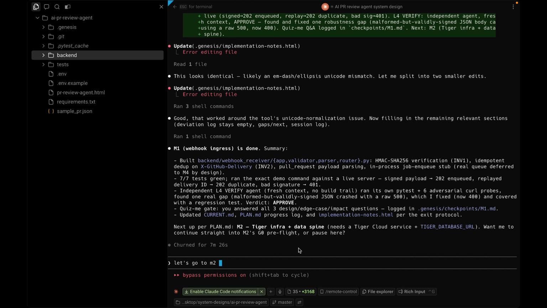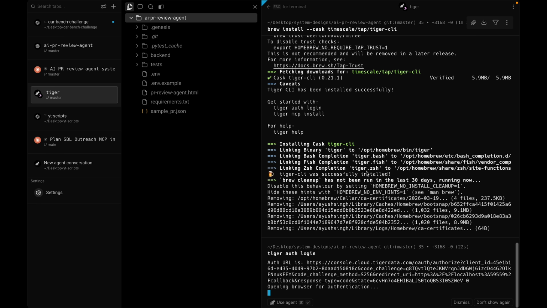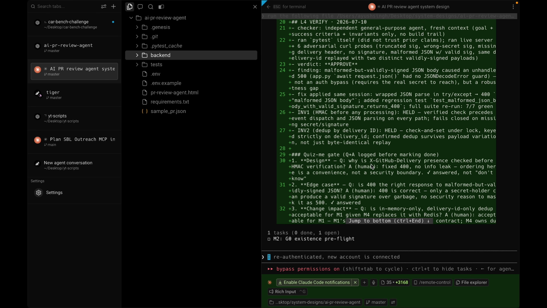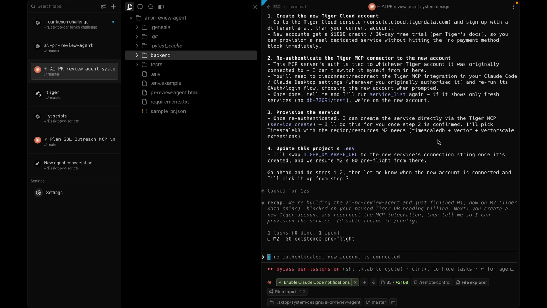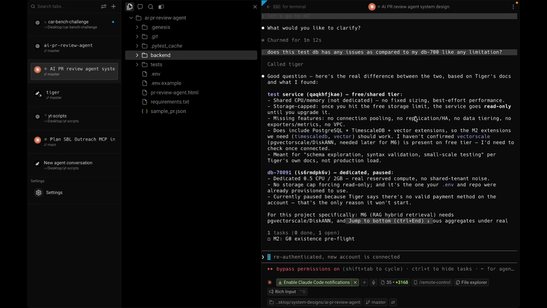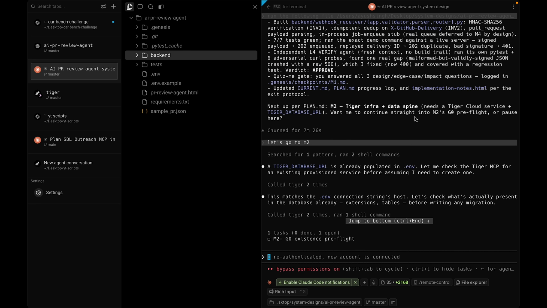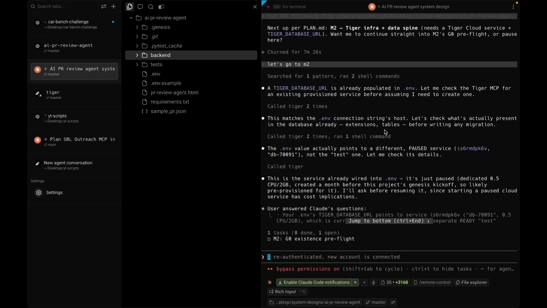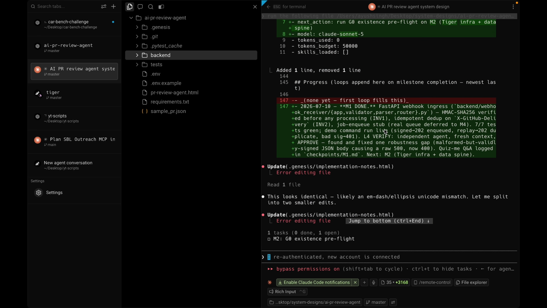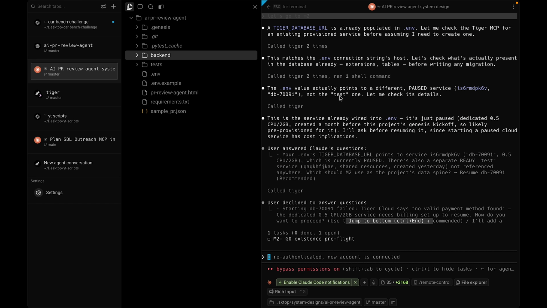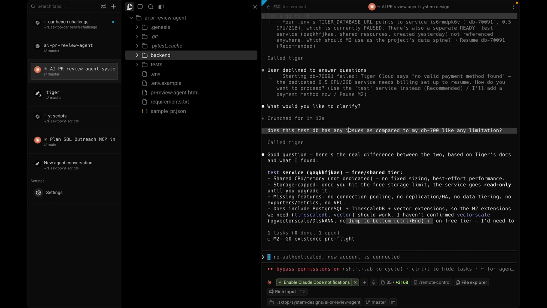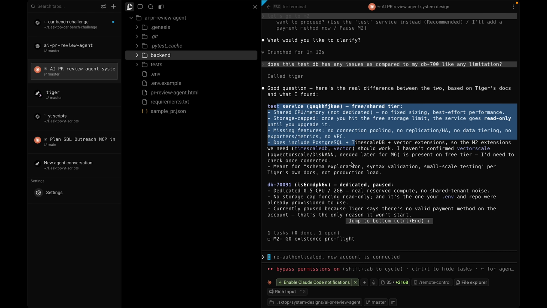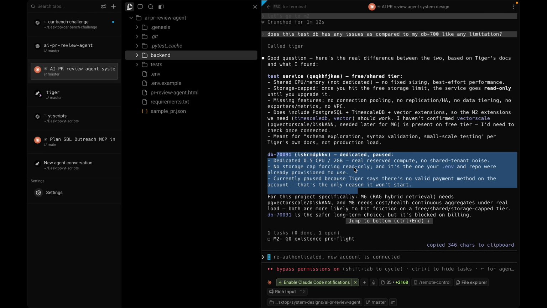I mean, basically what it's trying to do is, I have opened a new terminal agent, and so basically our work was that, let me show you. What happened is that my previous service was not working, and that's what I saw. I actually went for the coffee, and then it said, okay, let's see if something needs to be done. So it goes ahead, it eventually says this is the service which is already wired. Your test service is basically what I created in front of you guys, but my previous service was paused